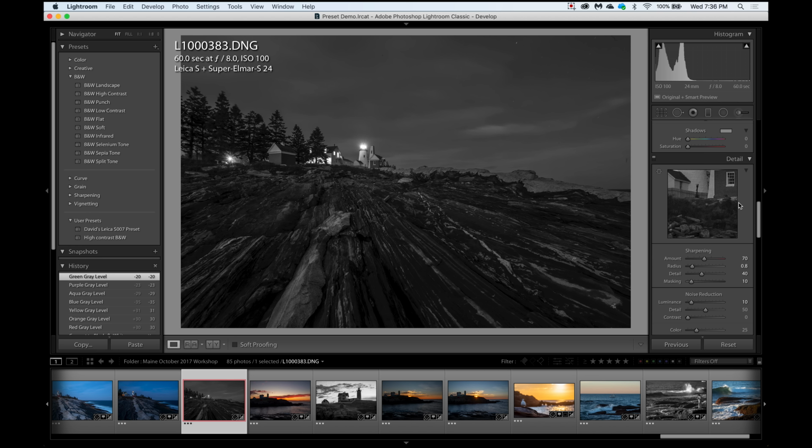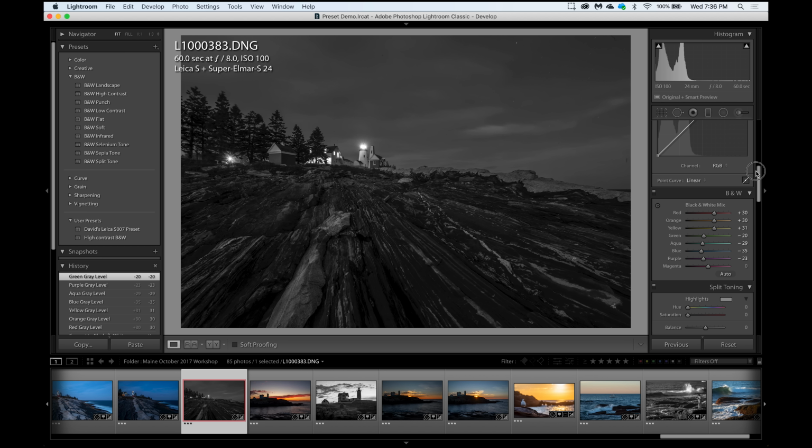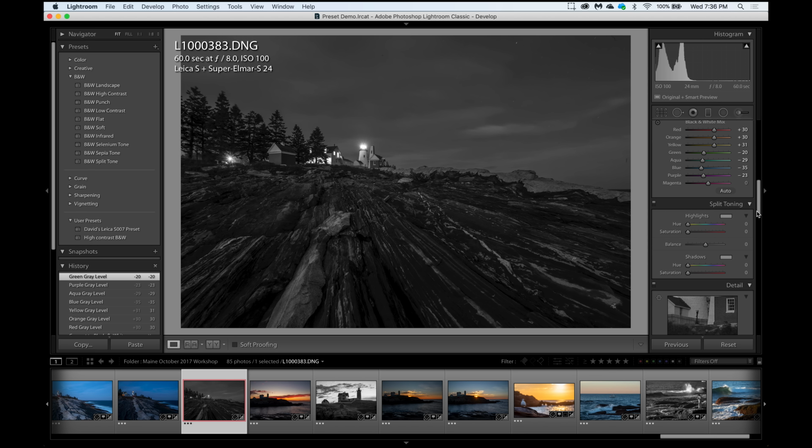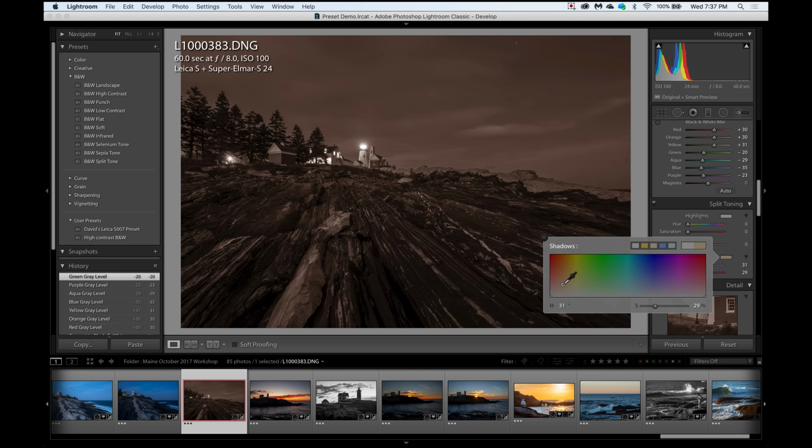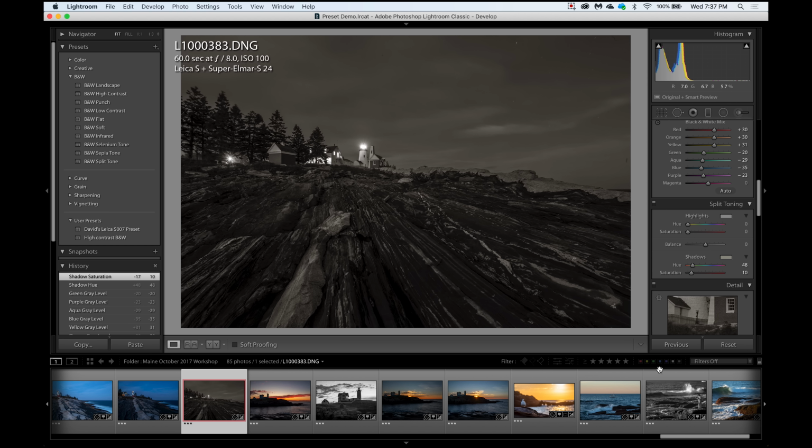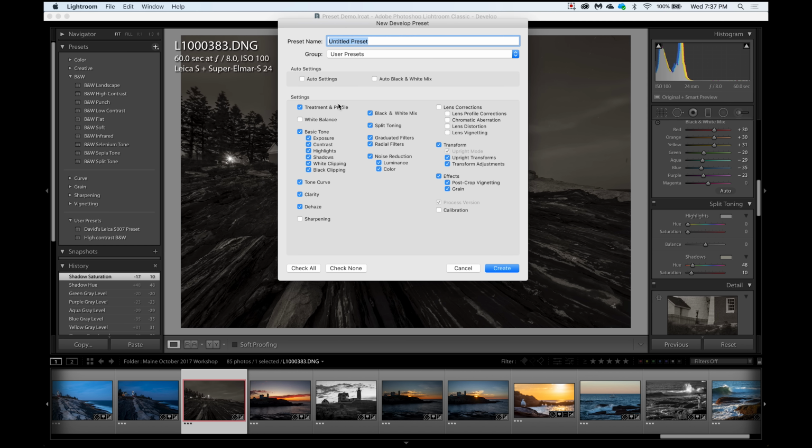And we're going to go back up to split toning. And a little secret that I've discovered is if you want to tone something sepia, don't do it in the highlights. Only affect the shadows. Let's go to a gentle sepia tone here, bring back my saturation. So let's create that as a preset. And we'll call it sepia